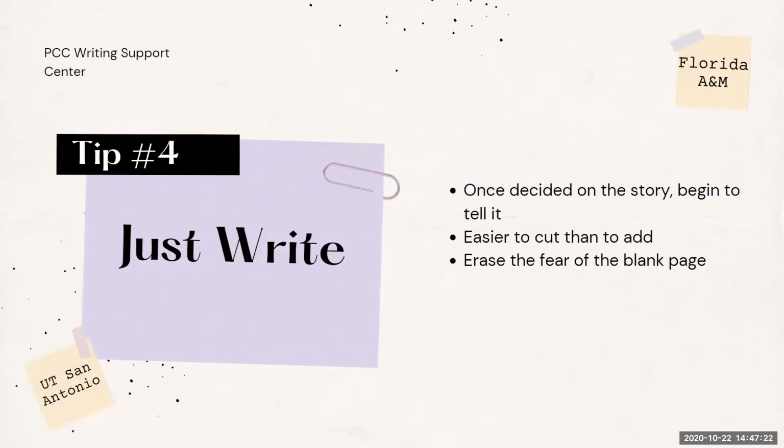Tip number 4, just write. So once you know what you want to write about, you have an idea of the story that you want to give, begin to tell it. And feel free to write as much about the story as you want, because it's easier to cut than it is to add. So it's easier to cut words, take out phrases, paragraphs. It's easier to cut them rather than try to add additional things,